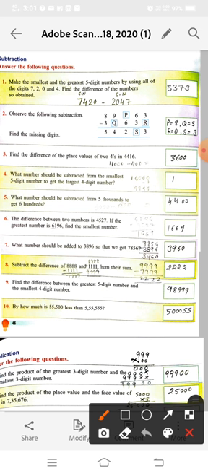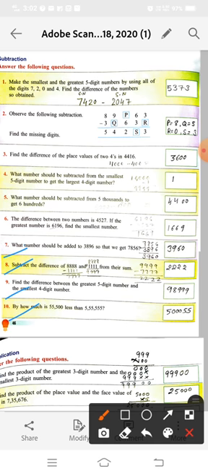Okay, now question number 7, 8, 9 and 10 you have to do in homework. Firstly do it yourself and after that do the correction from the PDF which I will send you. On page number 46 you have to do questions 7 to 10 in your textbook. Firstly do in rough notebook, solve it in rough notebook and then write the answer in your textbook.